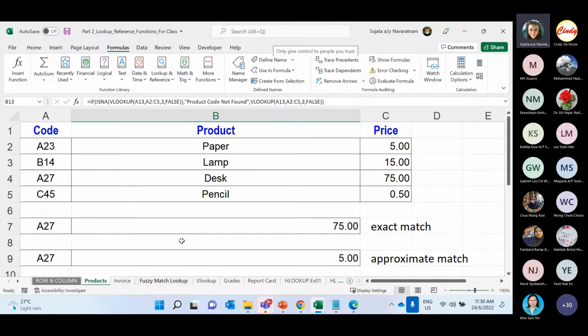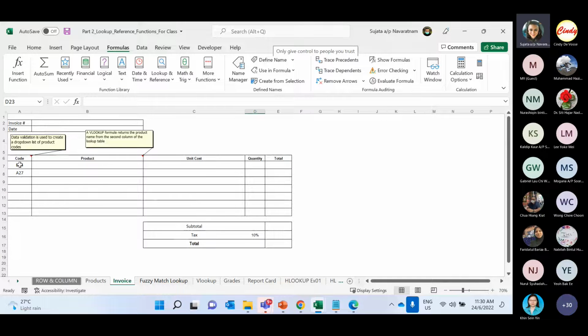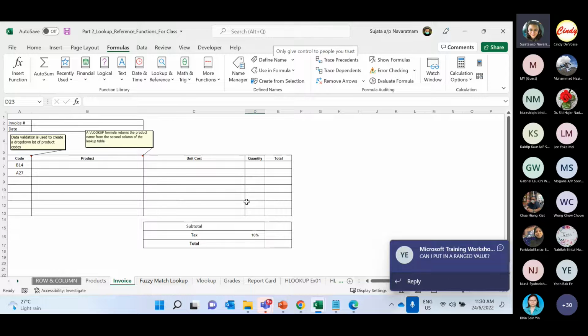So now, using this, we're going to populate this particular sheet that we have with some formulas that we will put in to get the product as well as the unit cost. And then from there, we're going to,